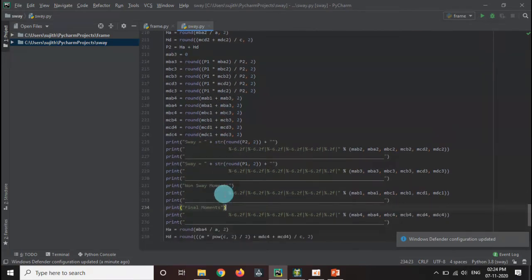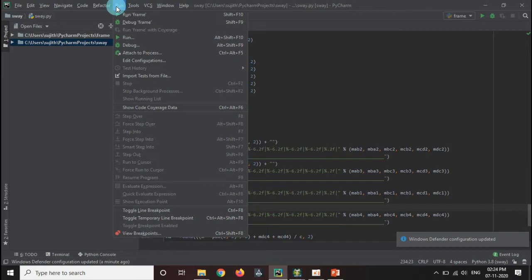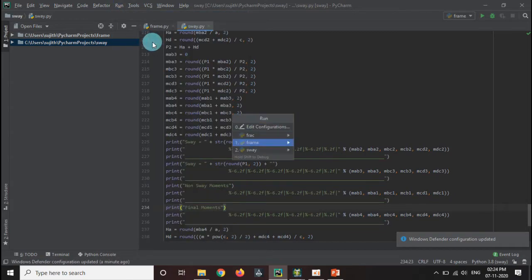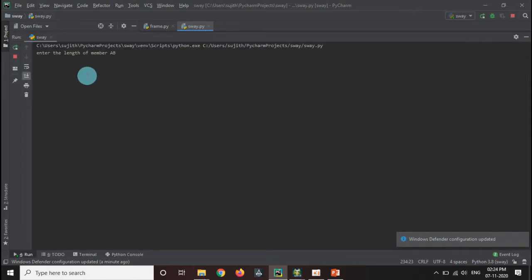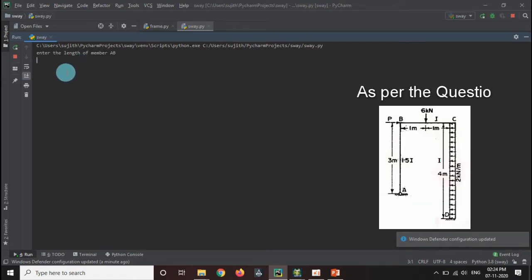So we are going to perform it twice, and by running this and substituting the values of the member, loadings and moment of inertia, AB is 3 and moment of inertia factor is 1.5. Length of member DC is 2.